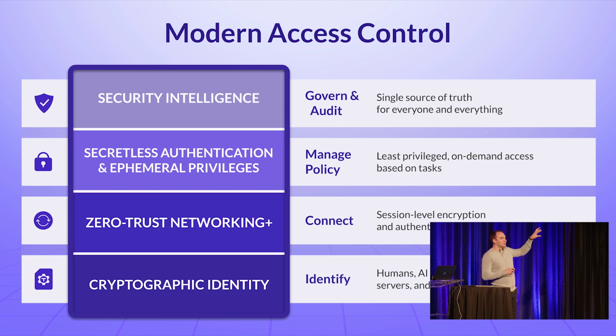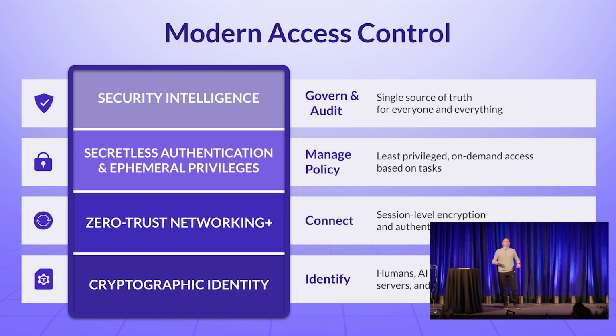But we point out that that web application is just the tip of an iceberg. It has microservices running. It has some caches and queues and databases and Kubernetes infrastructure underneath. All of these connections, when they talk to each other, also need to be zero trust. Fully authenticated, fully encrypted all the way down. This is what we call Zero Trust Plus. Then on top of this, you have ephemeral privileges.